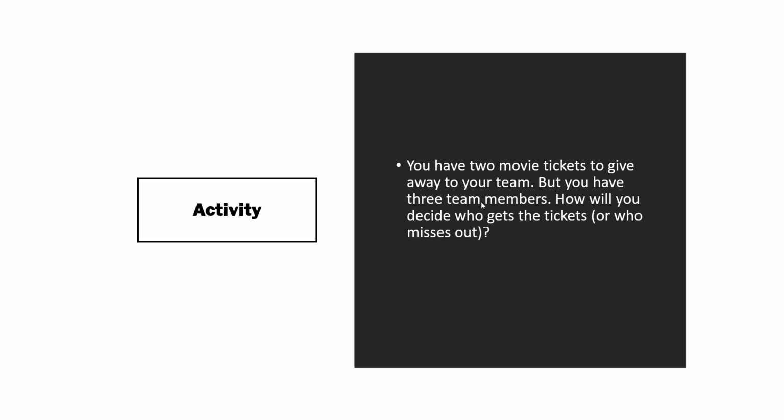Someone says here, I'd work out performance. People who have got a high performance would get those tickets. So that's very analytical, if you could, of course, get a criteria around that. So you can see that you're all tackling that from a different perspective. And that's very interesting because what that means is that we do come to decisions, don't we, in lots and lots and lots of different ways.